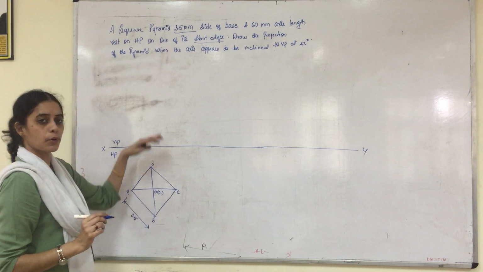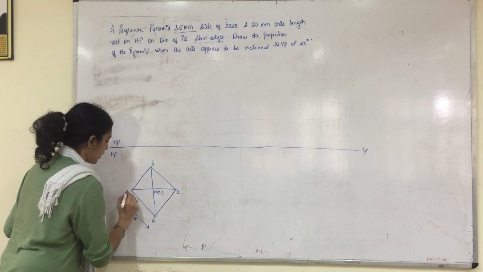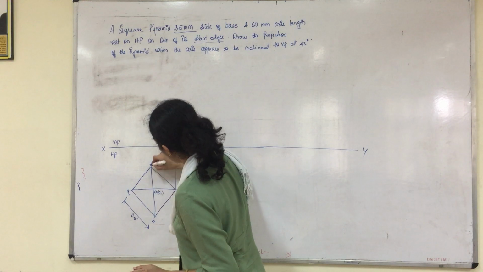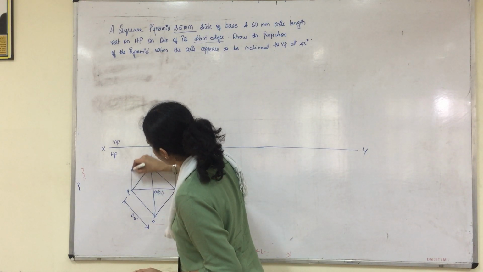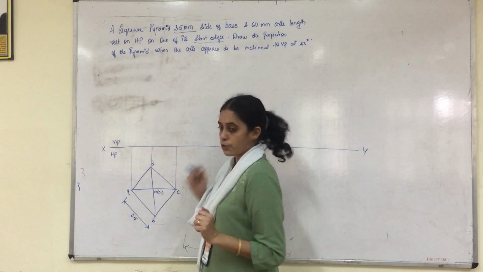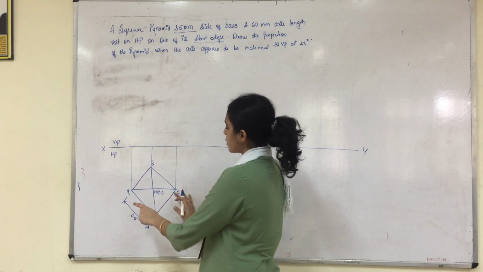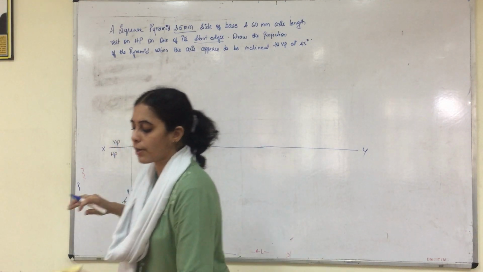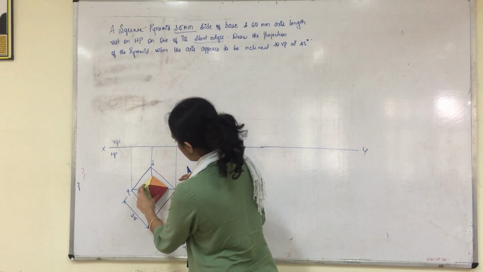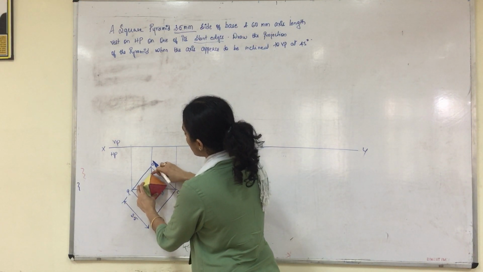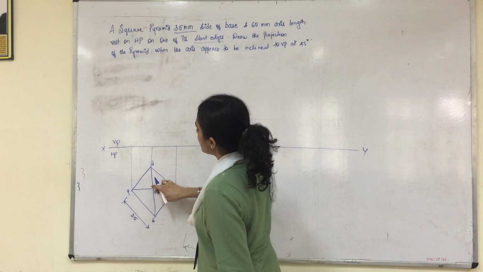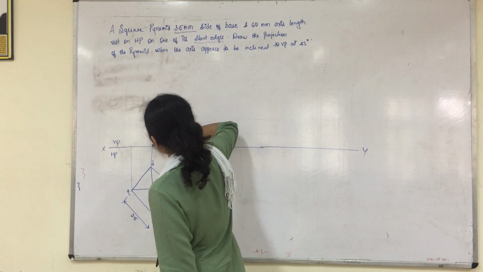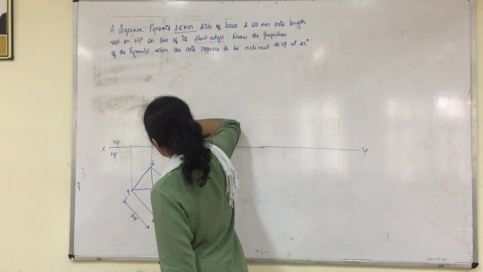So after this, we take the projection above, right? So this is our A. Take the projection above. So projection from C, projection from B and D, and projection from A. So after you take the projections, I told you whenever it is resting on one of its corners, the axis will not be visible, it will be overlapped by one of the longer edges. So when it is inclined in this position, the projection of the axis will be here and the longer edge will be here. This is the axis line and it is overlapped with the longer edge. And as you won't show the axis line, you show the projection as the continuous line of the longer edge.